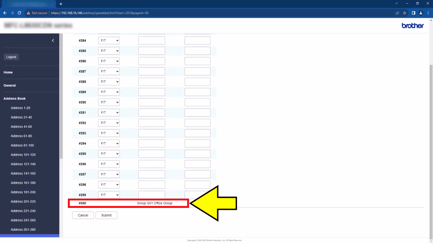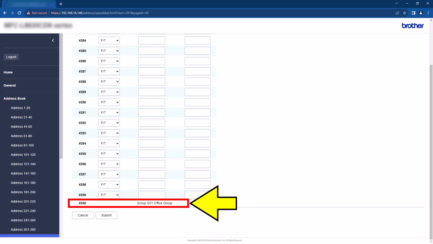Please note, in relation to the address locations in this device, the model has 300 available locations for addresses and groups inclusive. This means for every number or email in use, there will be an associated entry in the address book. For example, if you allocate an entry to number 1 in the address book and then set up a group and allocate number 1 to the group, the device will take the group entry and overwrite the address book entry with the group details.